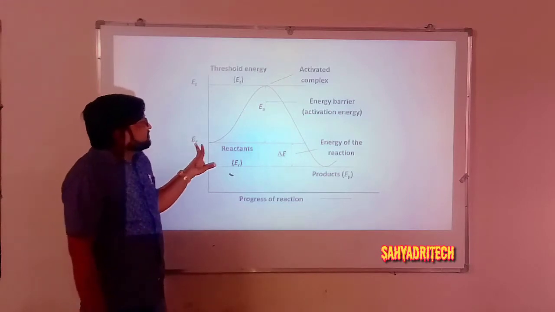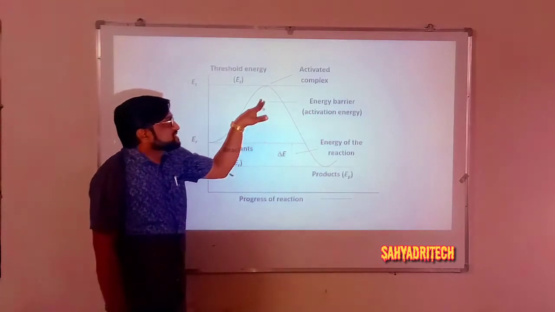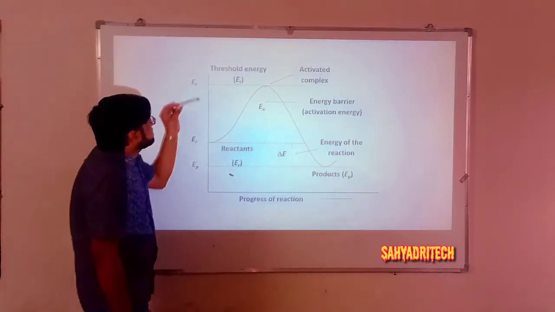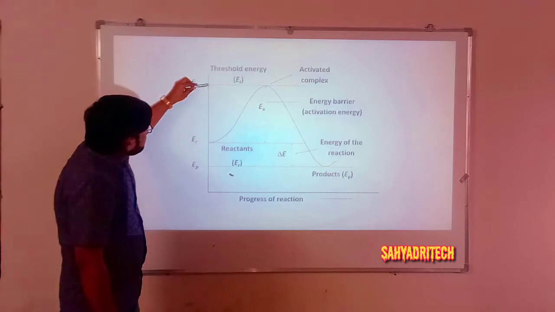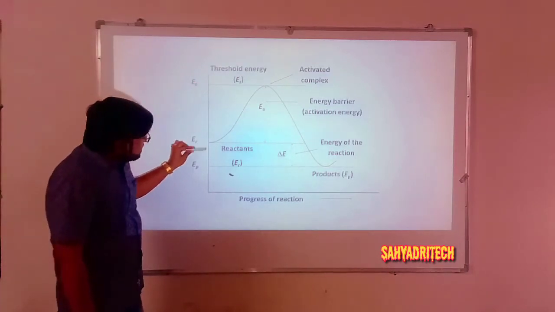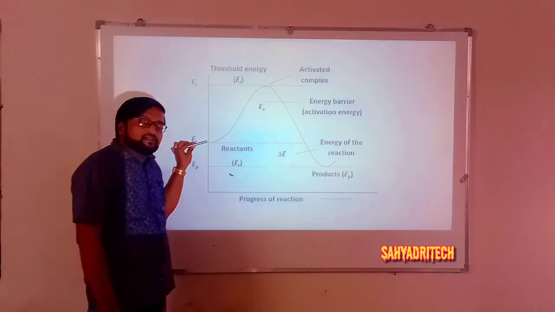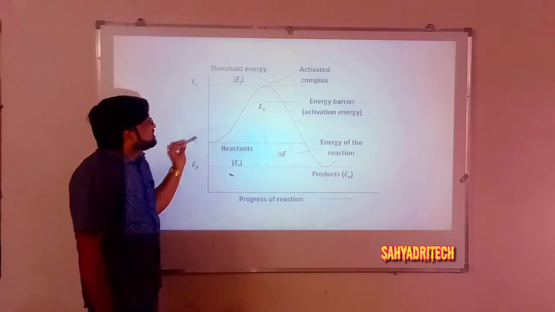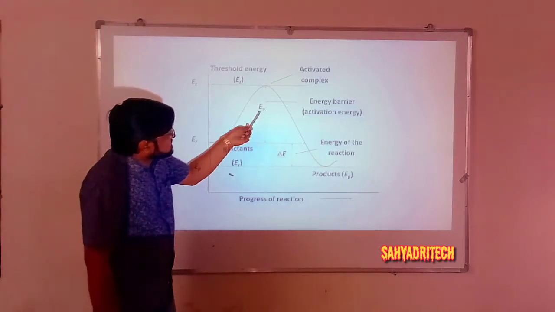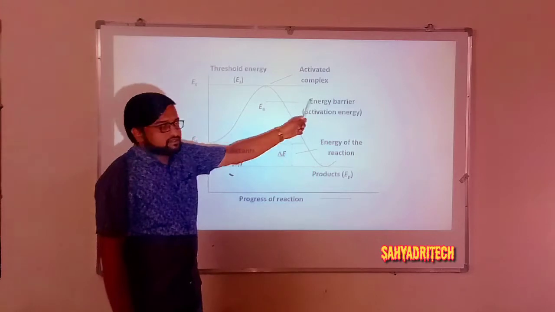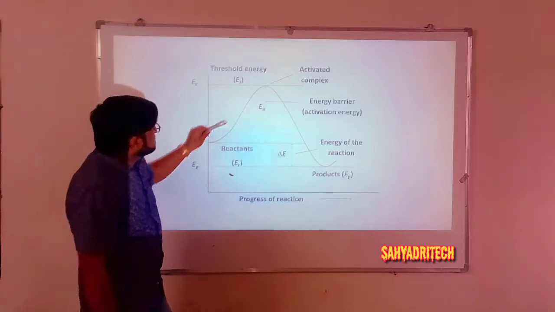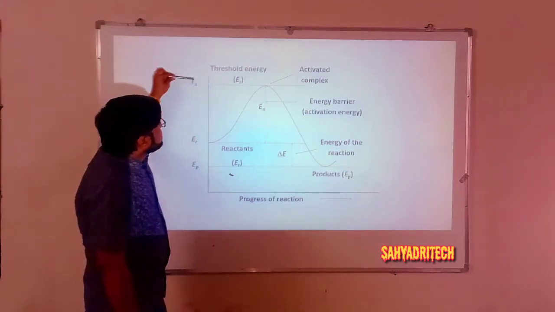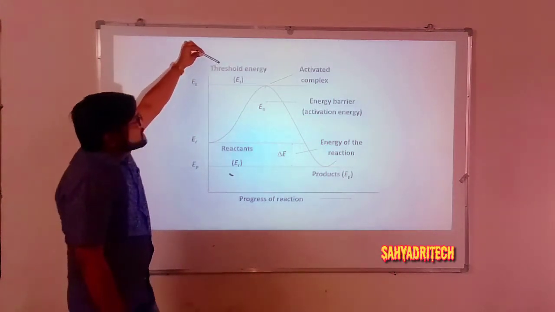Say these reactant molecules acquire activation energy, what does this peak say? Activation energy is from this point to this point. They already have certain energy, which we call the energy of normal molecules, indicated as ER in the graph. Further, they have to acquire certain minimum extra energy. What is it? Activation energy. Once they acquire activation energy, the energy of normal molecules ER plus EA, the resultant will be ET. What is ET? ET is the threshold energy.